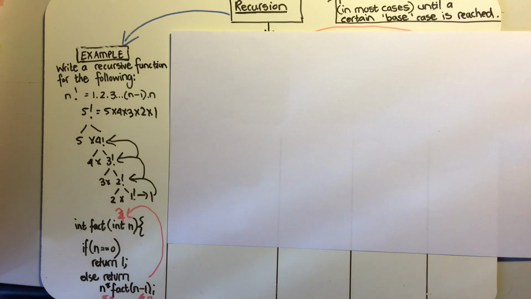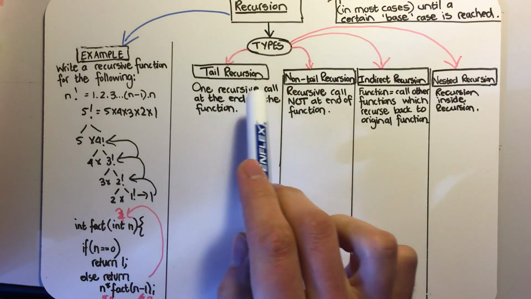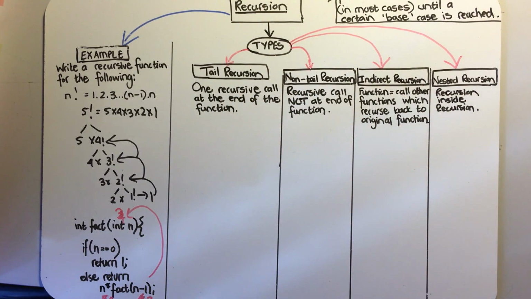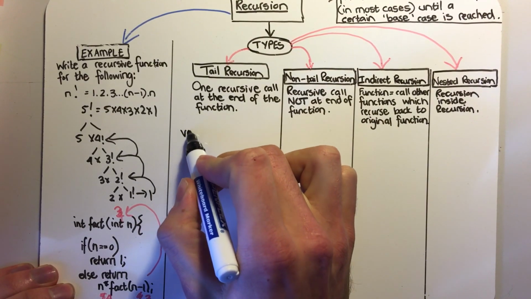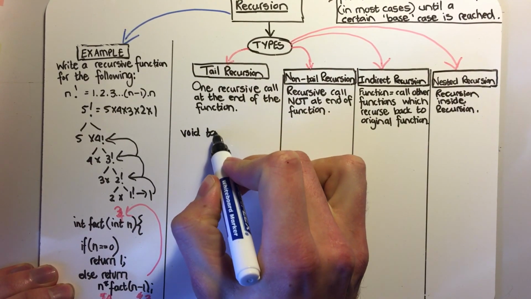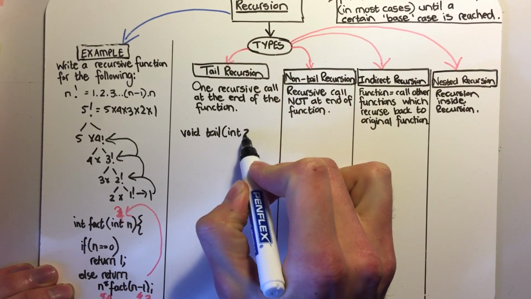Okay. So now we also get different types of recursion, one of which is tail recursion. So what does this mean? This means that there's one recursive call at the end of the function. So recursion takes place at the end of the function. So let's write a quick example of that. So for example, void tail, and it takes in some integer z,